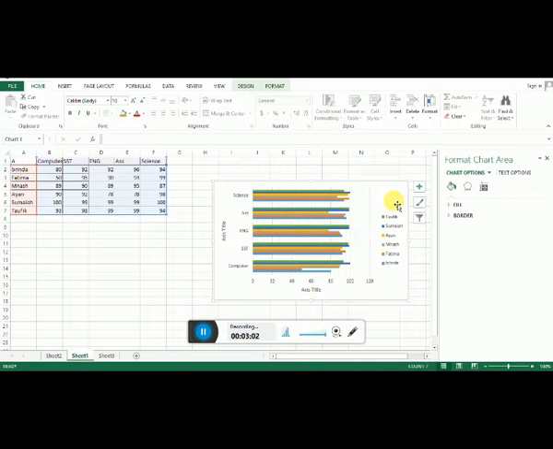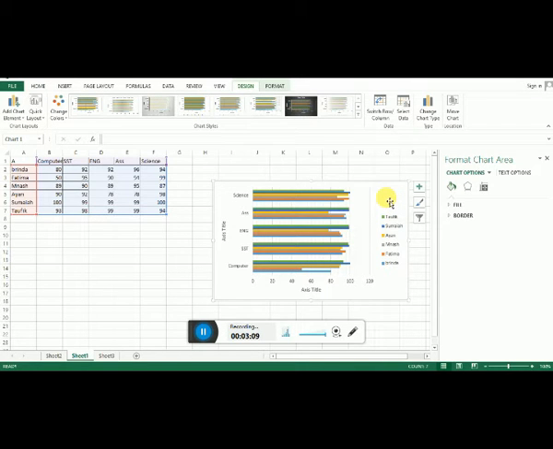Okay, so the switch row and column data steps: select the chart you want to modify. Select the switch row and column command from the design tab. Okay, click on the design tab and select the switch row and column option. The rows and columns will be switched. In our example, the data is now grouped by month with columns for each genre.